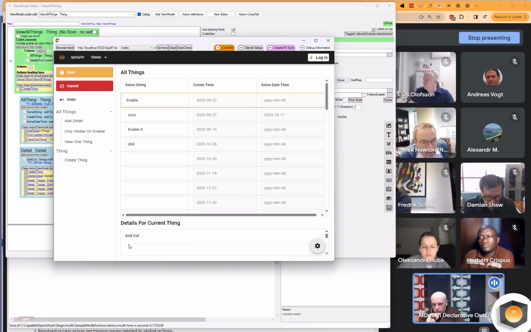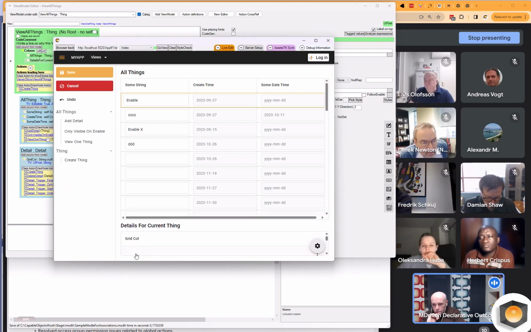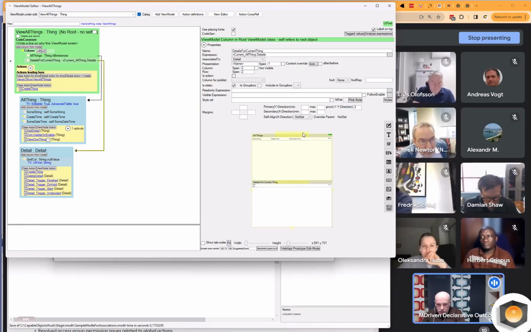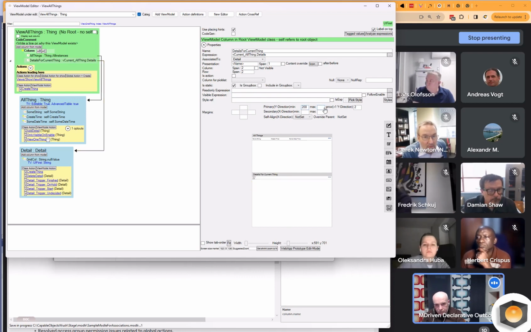I'm going to explain what I think happened here, why we didn't see any good actions. I'm going to actually force this one to be a min size, primary direction min, force it to be a bit bigger.